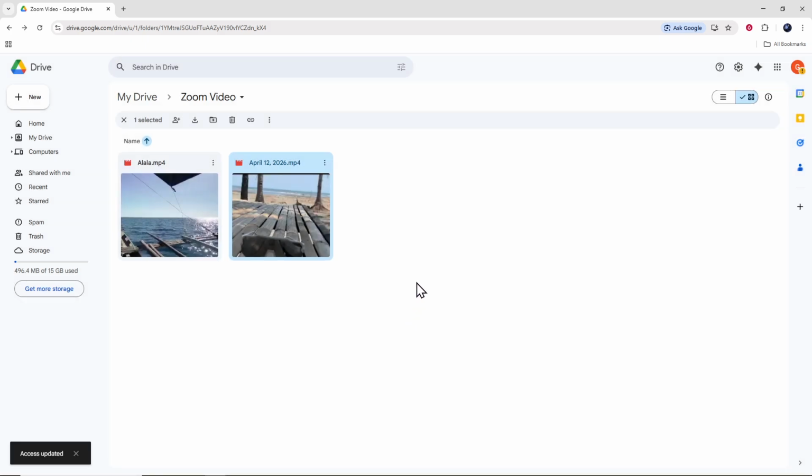If you ever need to change or remove access later, you can return to the same Share menu to adjust permissions. That's all you need to send videos through Google Drive, either with a quick shareable link for convenience or by inviting specific people for more control. Pick the method that matches your privacy needs, double check the permission is set to viewer,